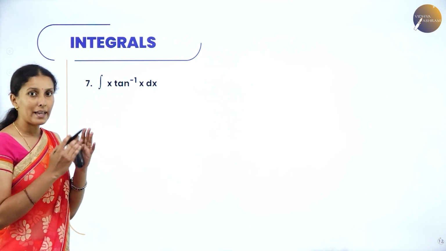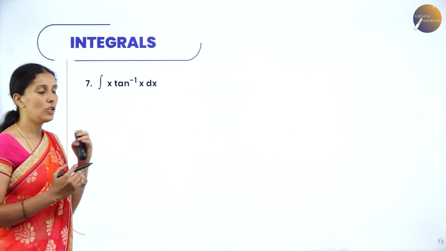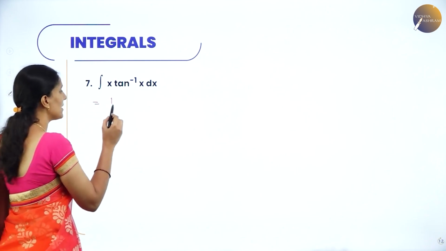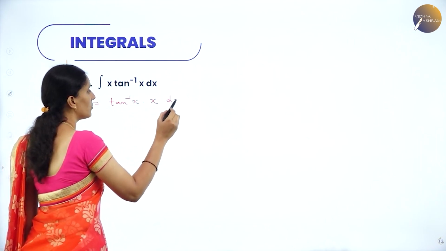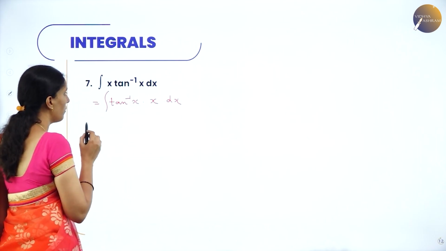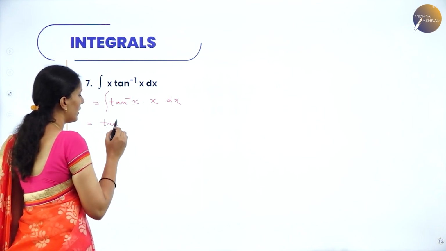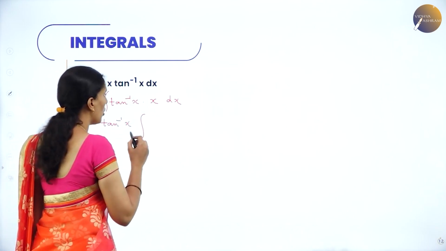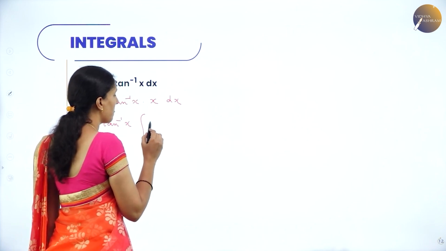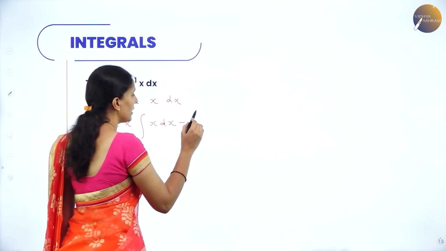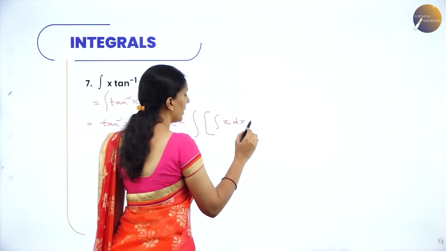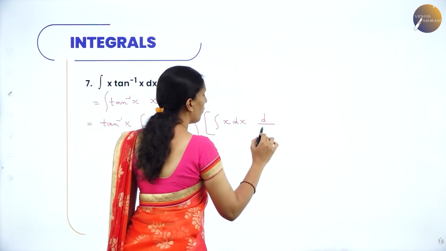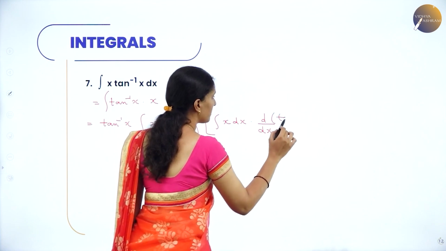L-I-A-T-E. This is the rule. So now we'll take this as tan inverse x into x with respect to x. So therefore now first function tan inverse x, integral of second, that is x into dx, minus integral of second into derivative of tan inverse x